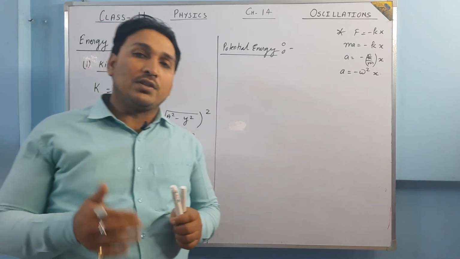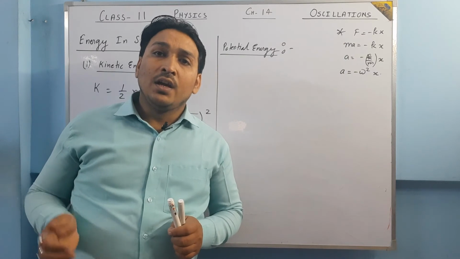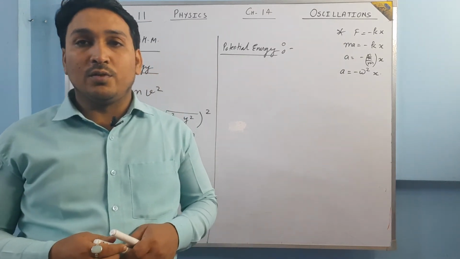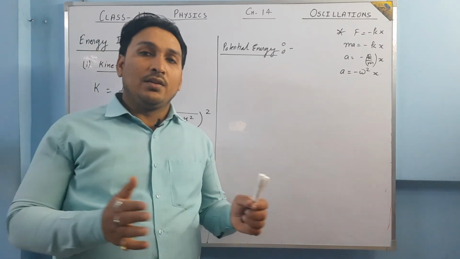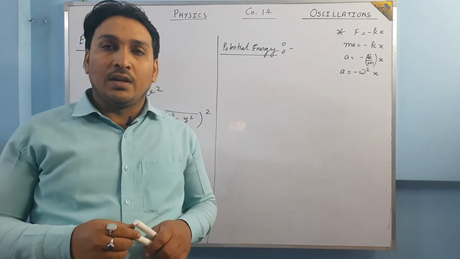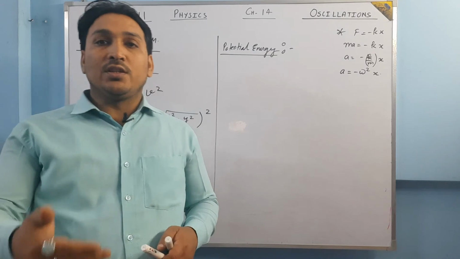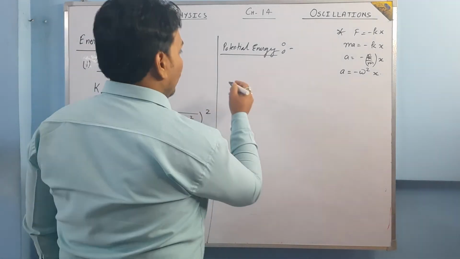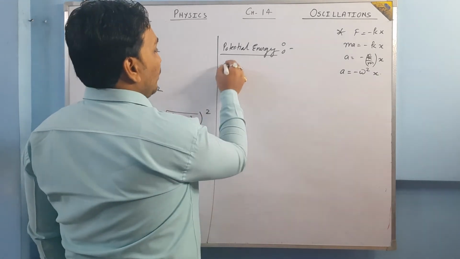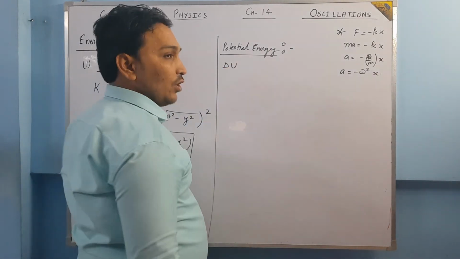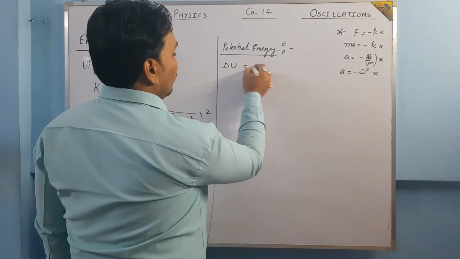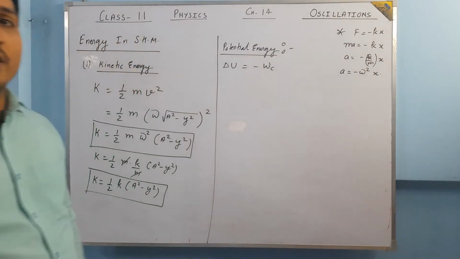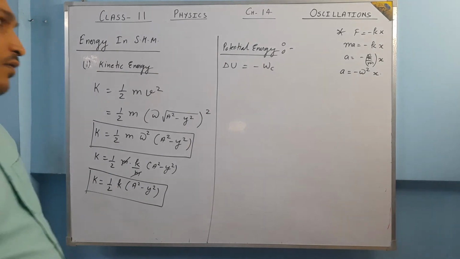Force is of two types: one is conservative, one is non-conservative. When the work done by the force is independent of the path, then the force is said to be conservative. And when the force is conservative, then potential energy is stored, and potential energy at a particular point is not defined. We define the change in potential energy as minus times the work done by the conservative force.